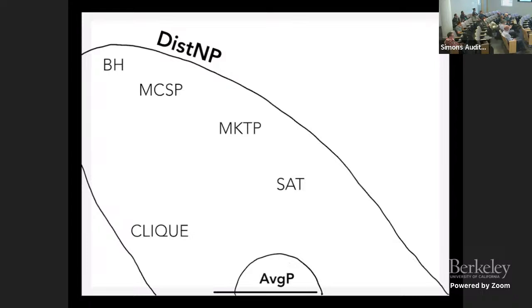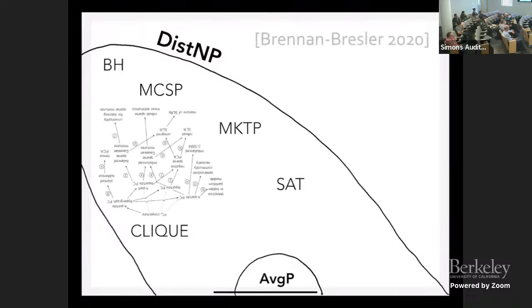Last year, or actually in 2021, I was at the Simons Institute at this wonderful program on statistical inference. And one of the highlights of that program was this network of reductions that is largely from work of Brennan and Bresler from 2020, where they wanted to explain why some problems that come from machine learning and statistics exhibit computational statistical gaps.